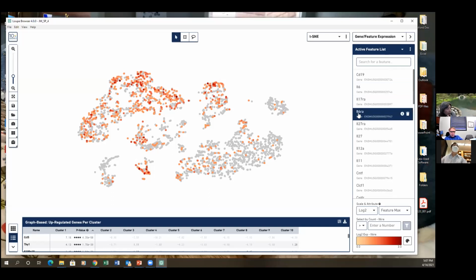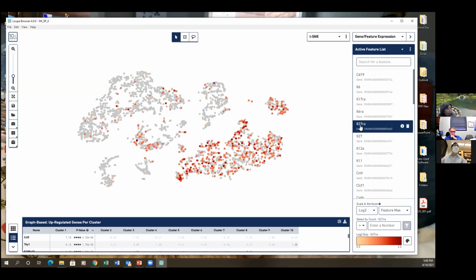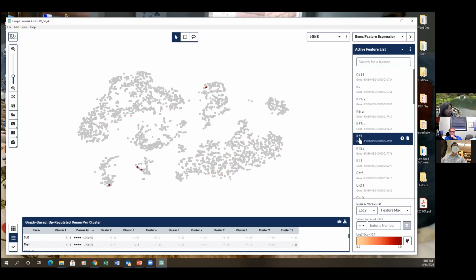Just click down. So this is all of them. IL-27 receptor is not right. Then IL-27, nothing. Then IL-12, nothing. IL-11,